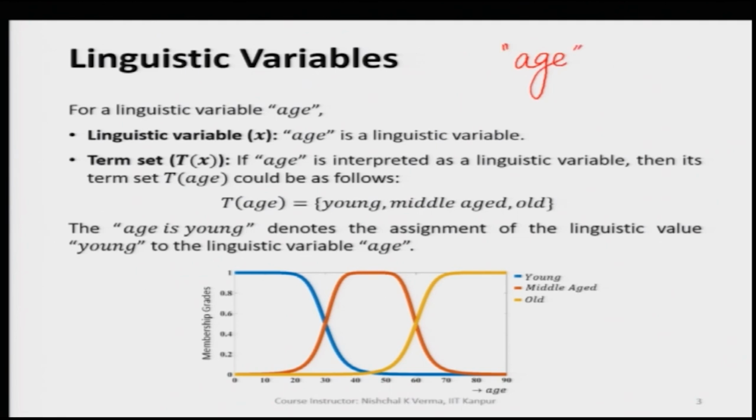What is the generic variable in this case? Here the linguistic variable is age, but we have x as the generic variable,